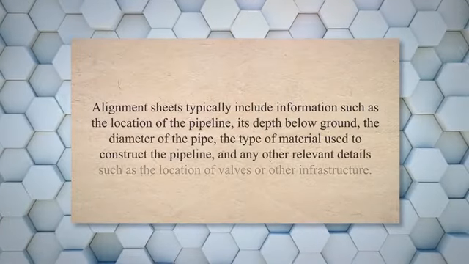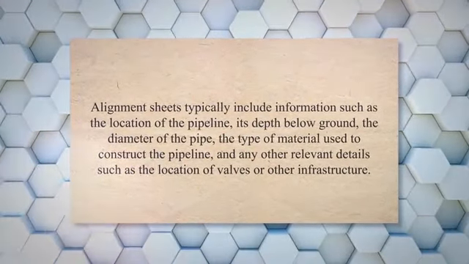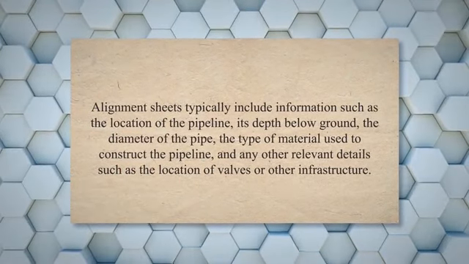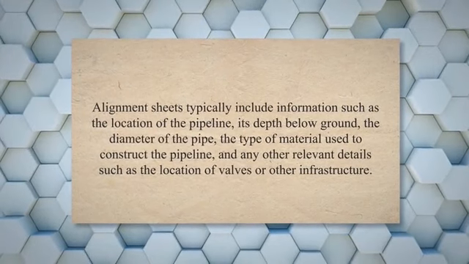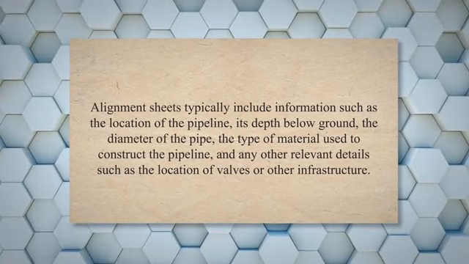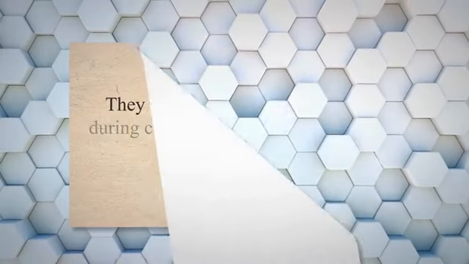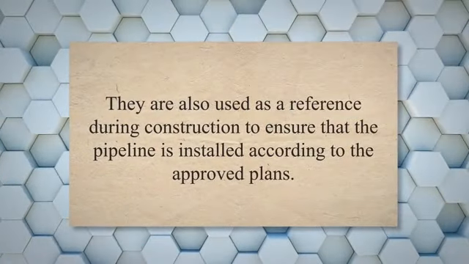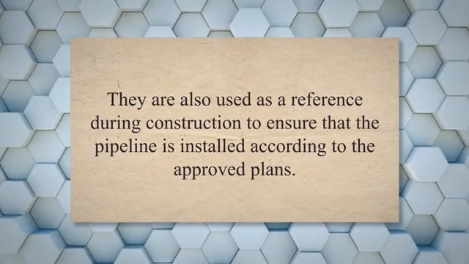Alignment sheets typically include information such as the location of the pipeline, its depth below ground, the diameter of the pipe, the type of material used to construct the pipeline, and any other relevant details such as the location of valves or other infrastructure. Alignment sheets are used by engineers, contractors, and other stakeholders involved in the pipeline project